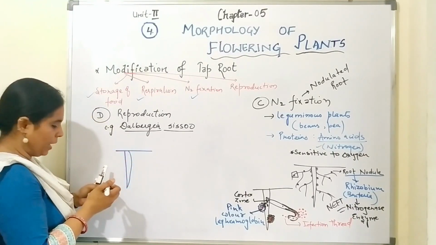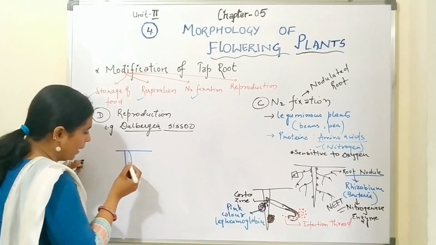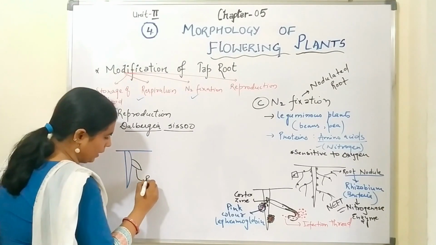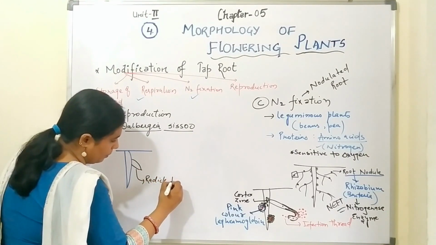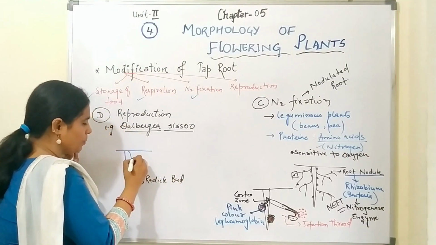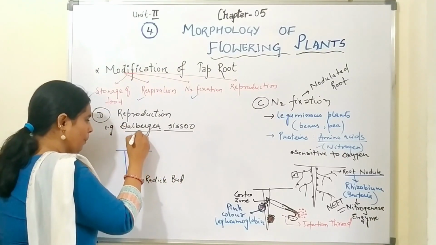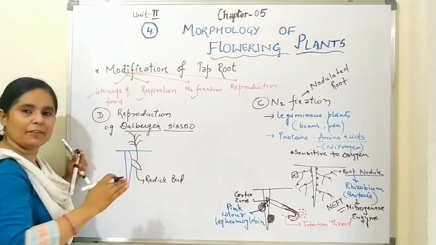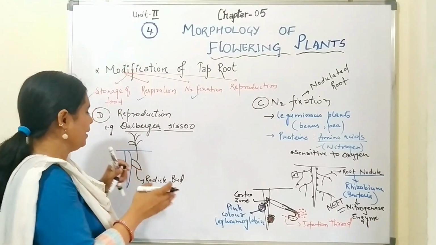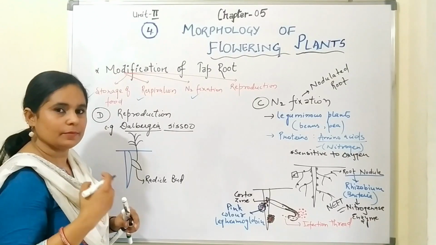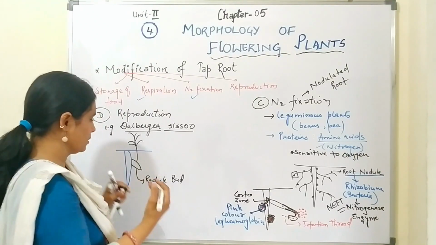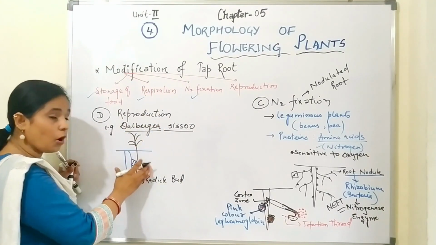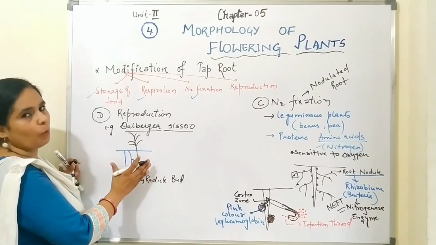How? This is the main primary root. From that, a bud will develop like this. This bud is known as radical bud, and from this bud you will see a new plant seedling will start growing, and later on this bud will detach from the main root and it will develop into a new tree from a stage of small plants. Fine. So as this root helps in reproduction, this is not its primary function, it is a modified function.